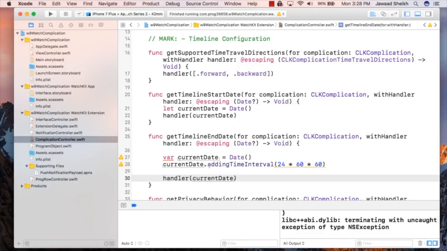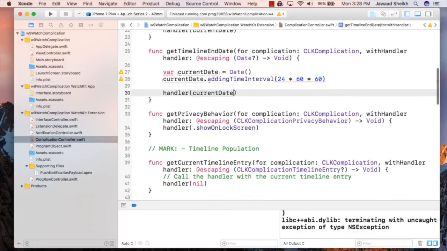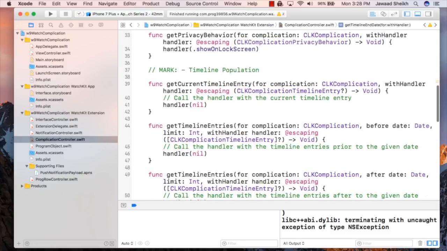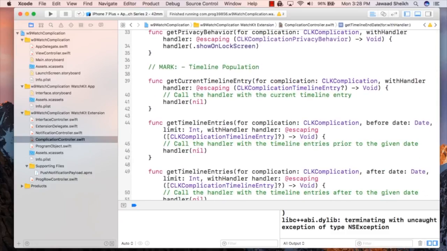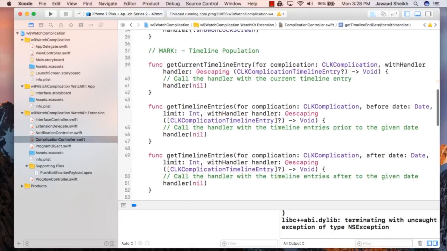All right. Now, the next one will be get privacy behavior. This is optional. If we wanted to prevent this data from appearing on a lock screen, we could modify it, but we're going to leave it alone. And now we're going to get into populating the entries for the timeline. So we have here get timeline entries,